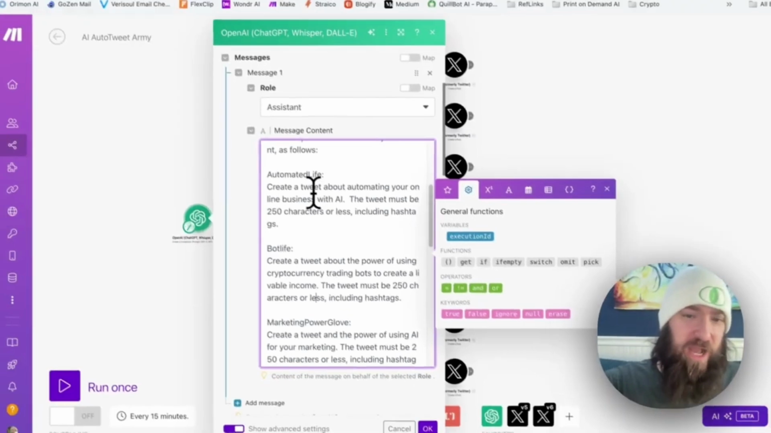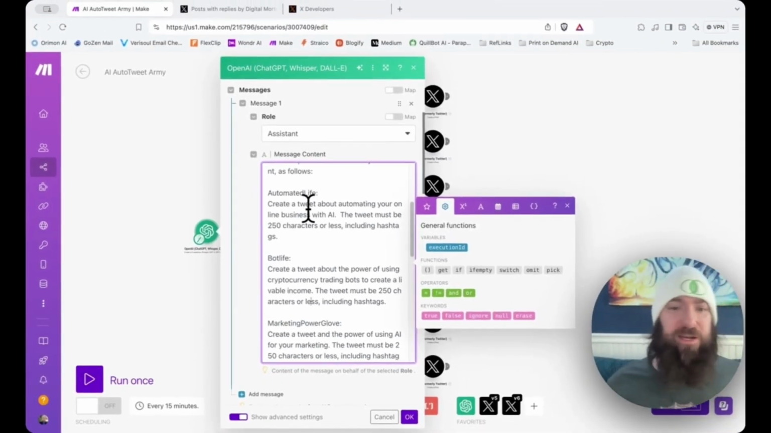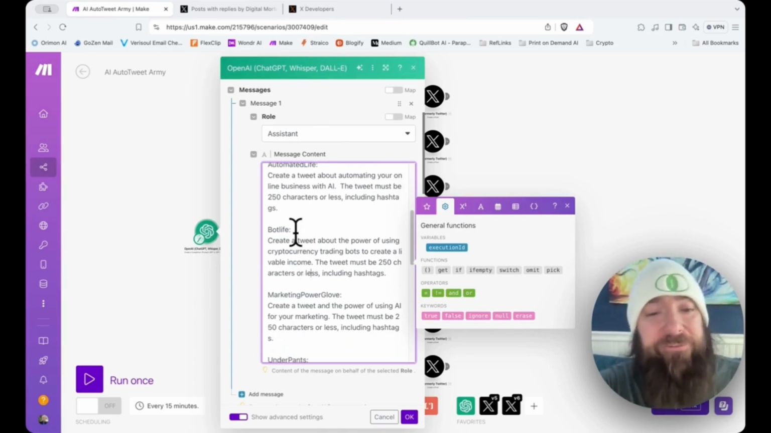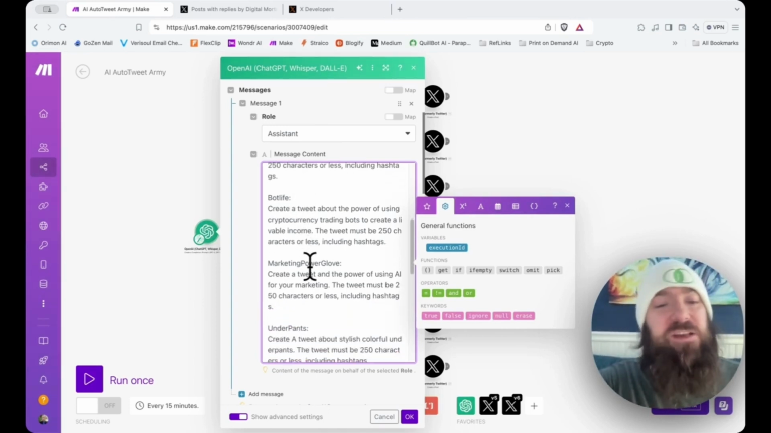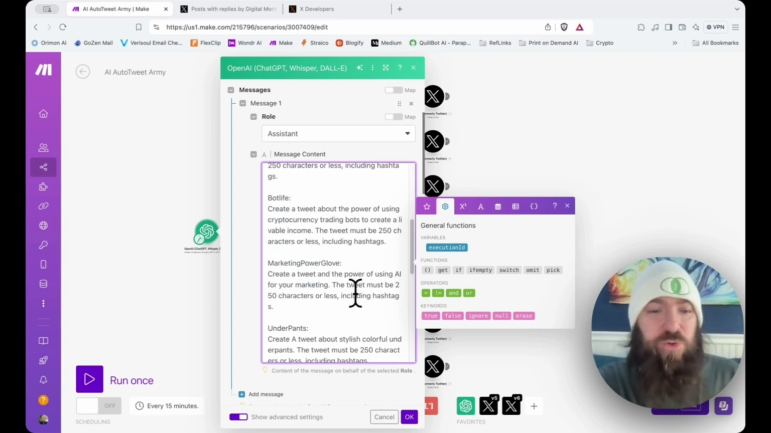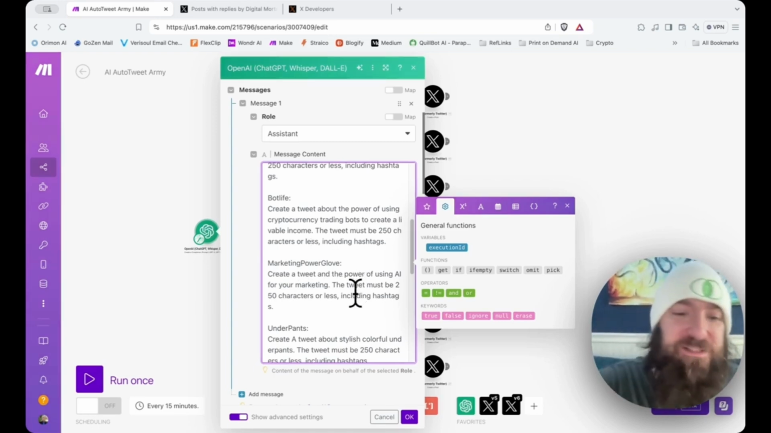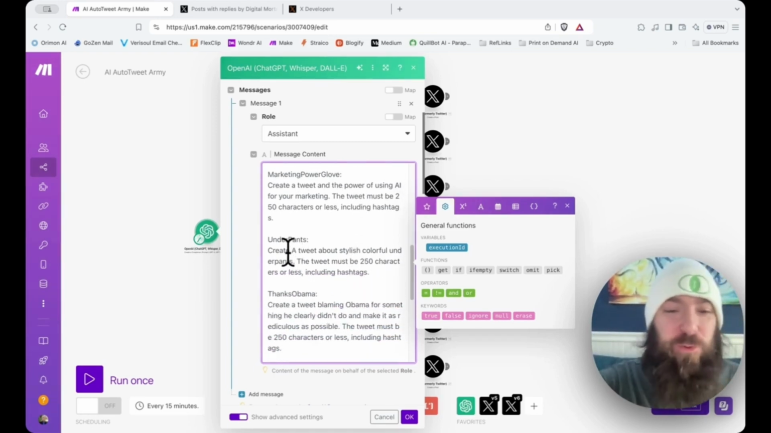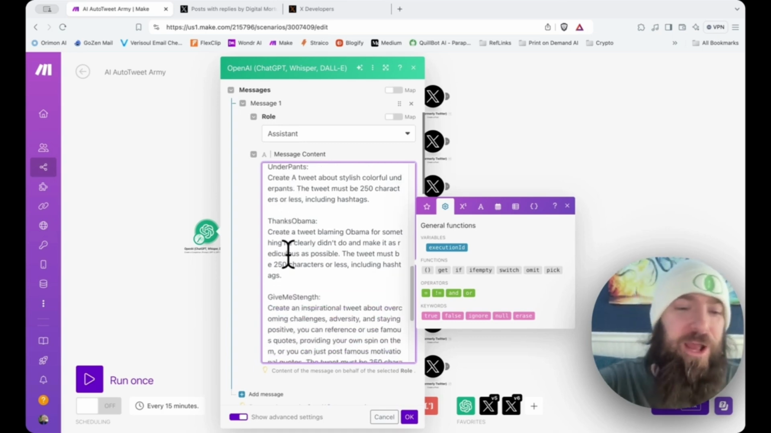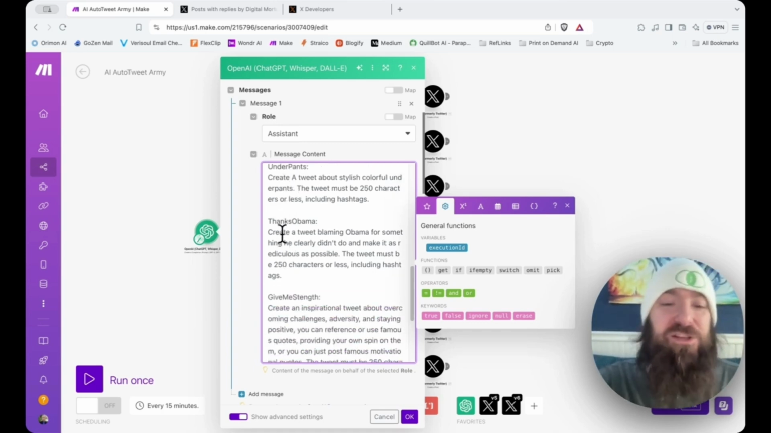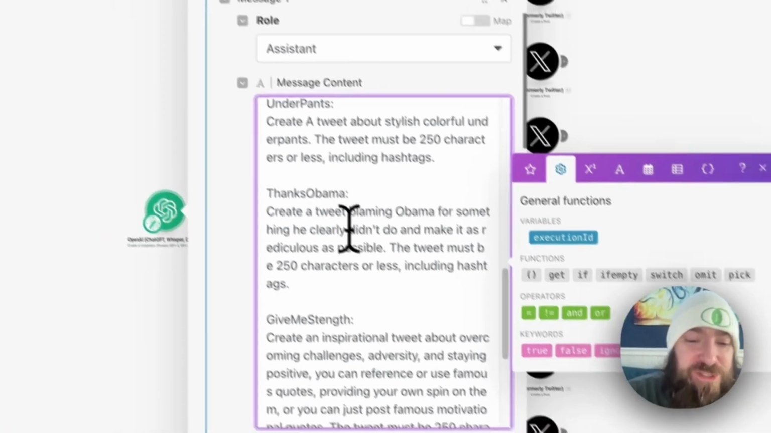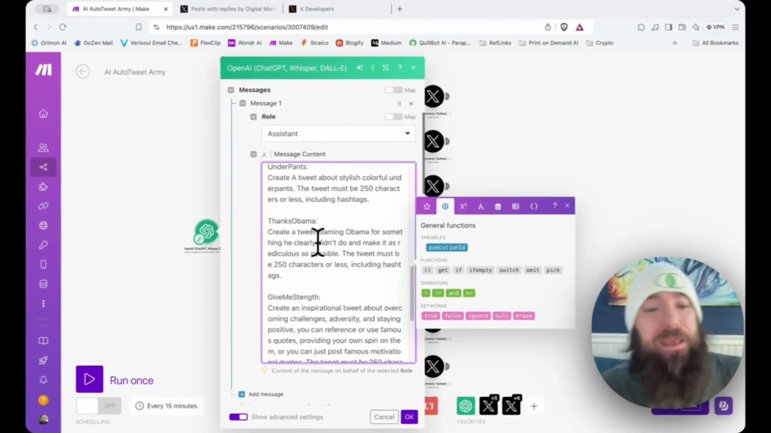So for the first one, I've got Automated Life, which will be a tweet about automating your online businesses with AI. Then I've got a Bot Life tweet, which will be about crypto bots. Marketing Power Glove, which will be about leveling up your marketing skills. Underpants, which will be about stylish underwear. Thanks Obama, which will be a smart-ass tweet blaming Obama for something he clearly didn't do and making it as